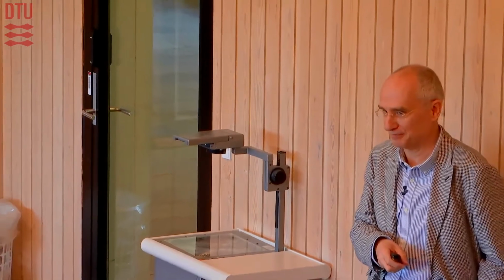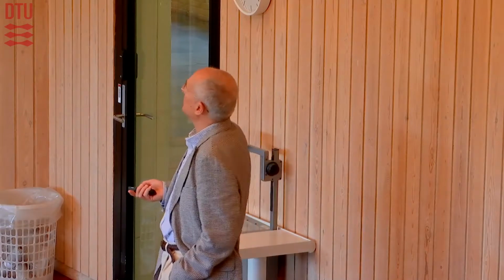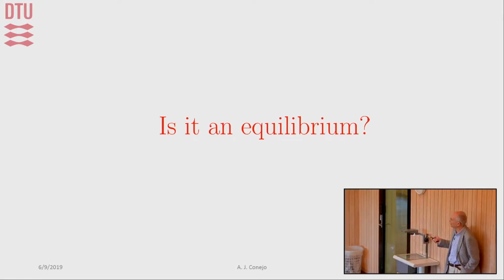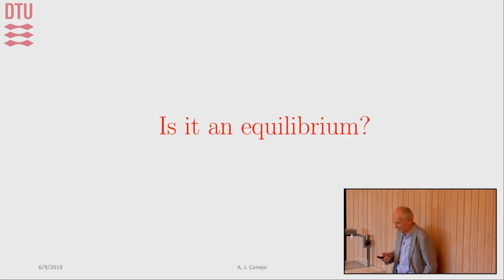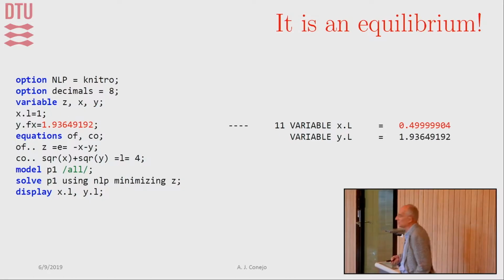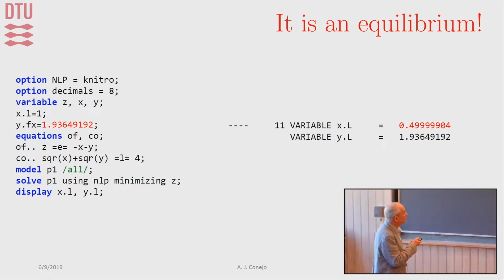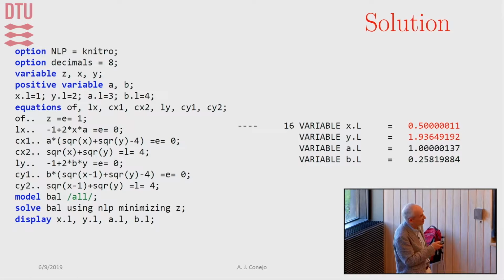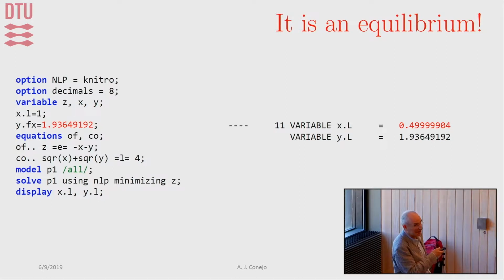So anyway, that's the solution. Is this an equilibrium? Let's check whether this is an equilibrium or not. We already know that we have solved the optimality conditions of both problems at the same time, but let's do an interesting check here. What I'm doing is fixing the y to the optimal value that I got in the equilibrium. So this is the y, 1.9364 whatever, over here. I'm fixing this value for the y